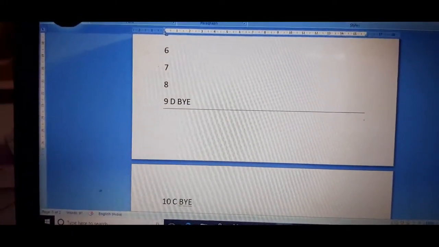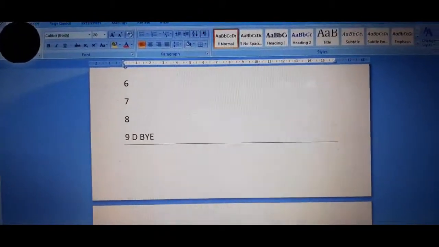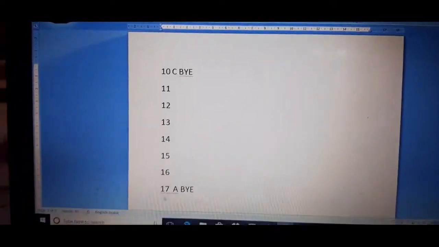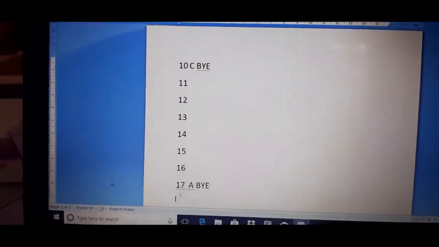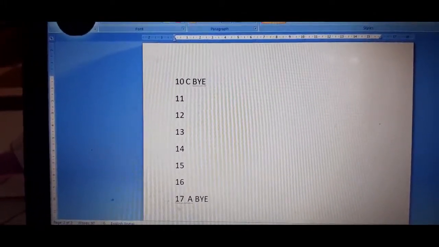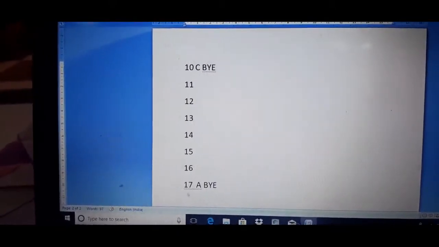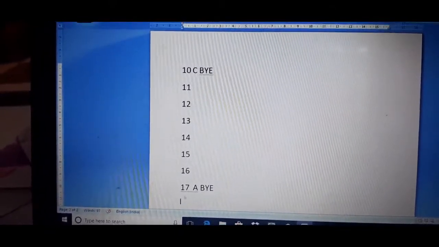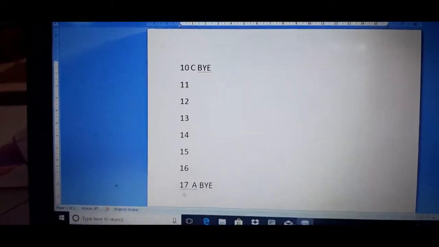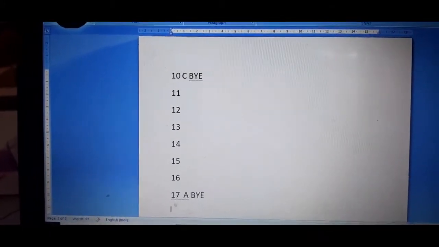Now these are the 4 sequences which you have to follow. So remember, again I am explaining it to you. The first bye, that is a bye, is given to the last number of the lower half. That will be number 17 if you are drawing a fixture of 17. If you are drawing a fixture of 19, it will go to 19. If you are drawing a fixture of 11, it will go to 11. Whichever is the last number, the first bye is given to the last number.